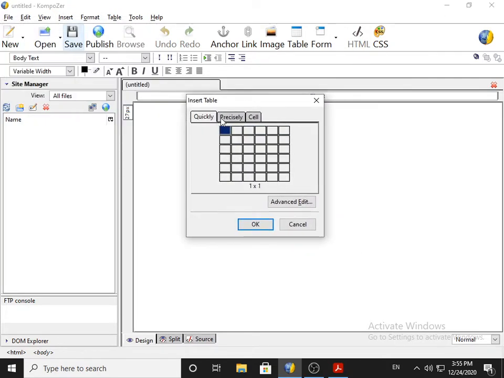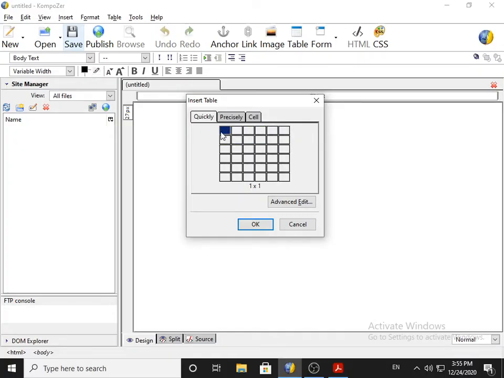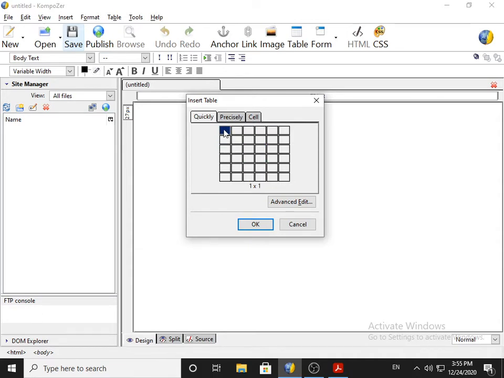These are called tabs. The MCQ in the exam may ask how many tabs the Insert Table dialog box has, or among the following which is not a tab of the Insert Table dialog box. So please remember them. And here we have to just click on the first one. If you want more columns, move to the right side. If you want more rows, move down. Don't click, just move your mouse cursor. Now I want only one box, that is one row and one column. So I will click on this first box.